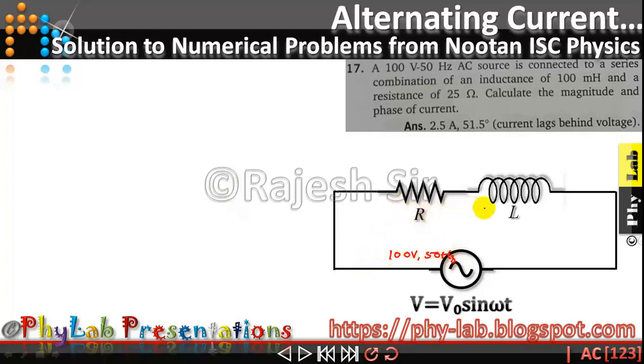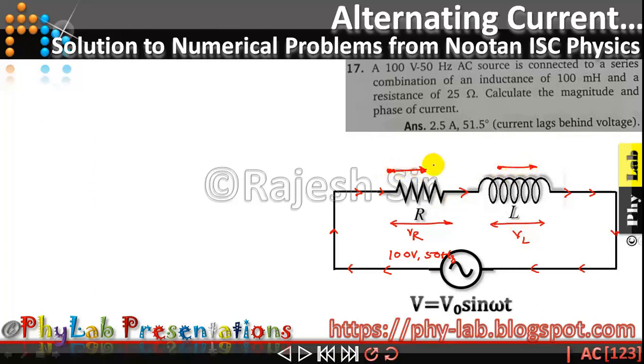Now since the resistance and inductor are connected in series, the current that is going to flow remains the same, but the voltage across them gets divided. That is the property of a series circuit. The voltage across the resistance and across the inductor gets divided, but the current flow remains the same. If you have attended the theory classes, you must be aware that the current is always represented along the positive x-axis